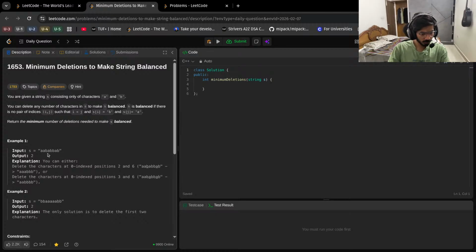If I remove this, okay, you can either remove index positions 0, 1, 2, 3, 4, 5, 6, or 0, 1, 2, 3 and 6. Okay,